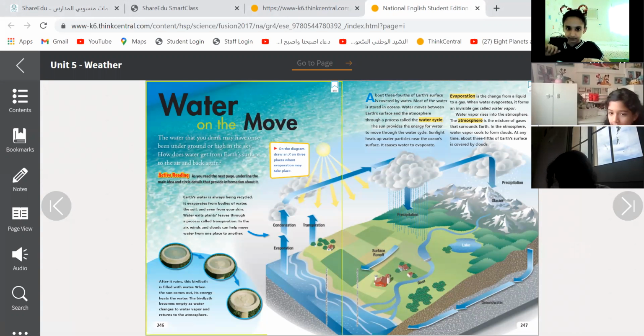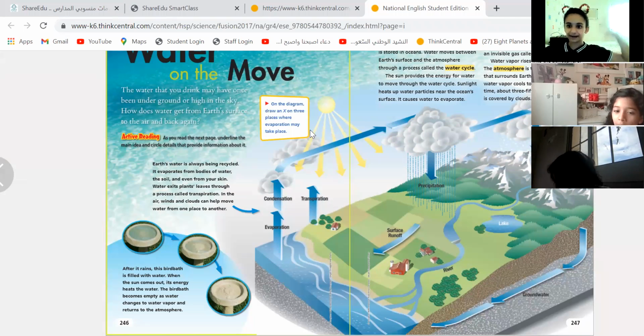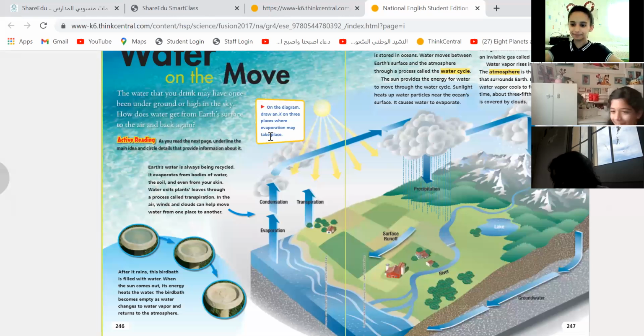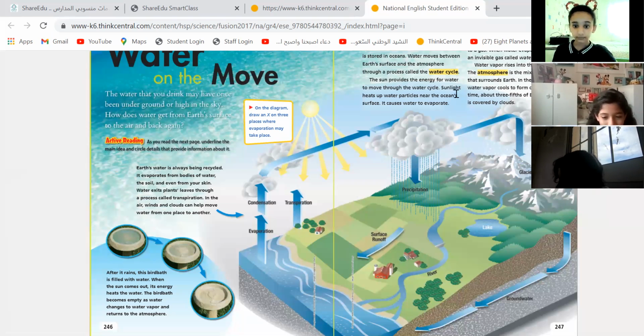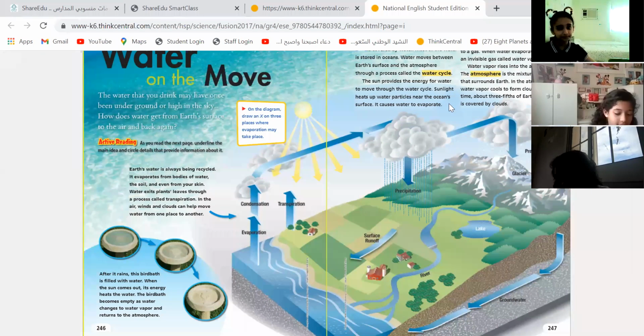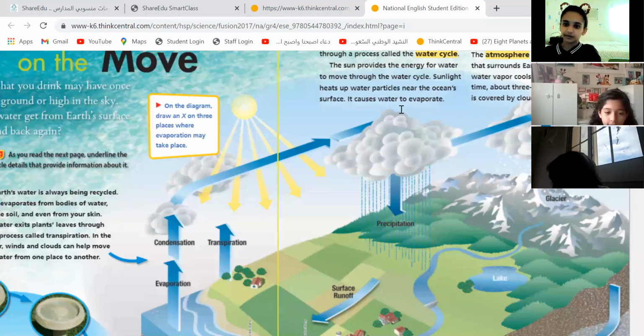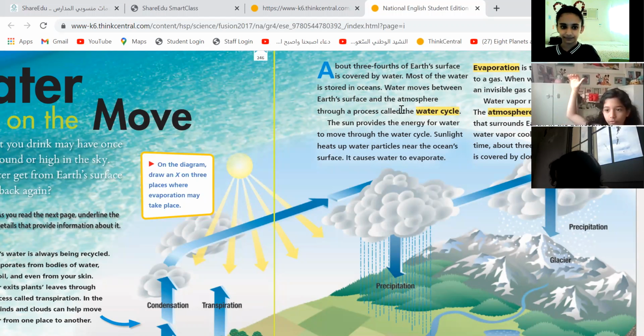Remember this picture? It's about how rain comes to us and how it goes up in the sky. Now, first of all, today we're talking about the water cycle and today is raining. So you can tell your parents how rain falls. You can teach them, or your friends or your brothers and sisters. You will teach them today. Okay, now first of all, what is a water cycle? Let's highlight together.